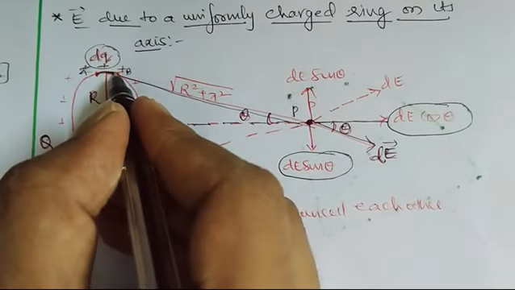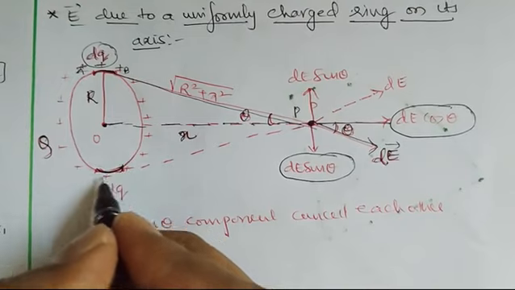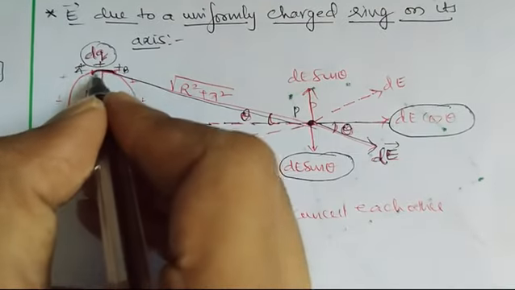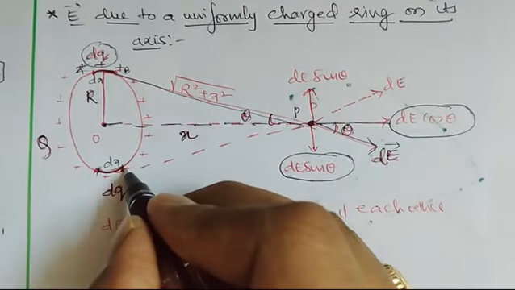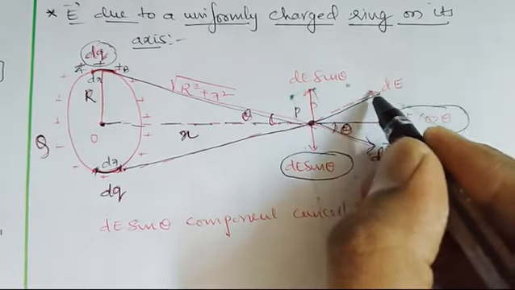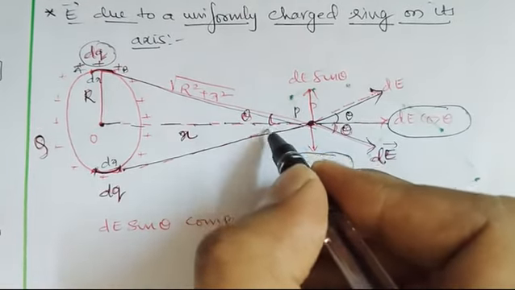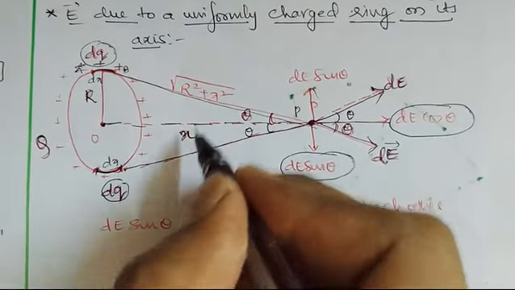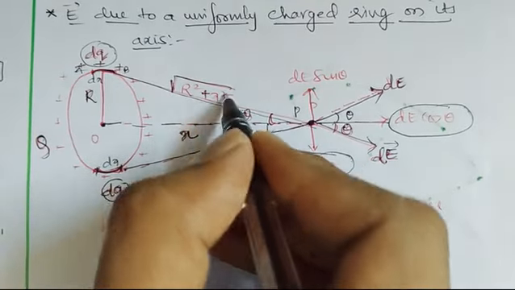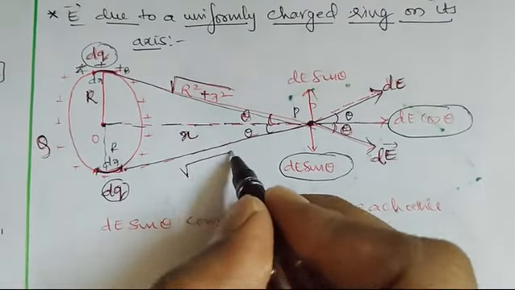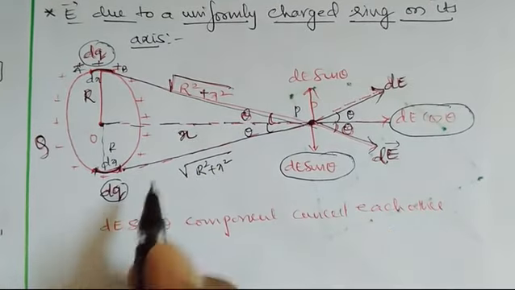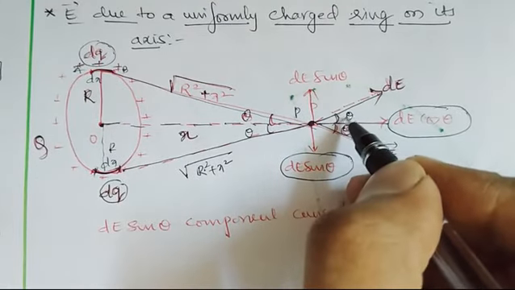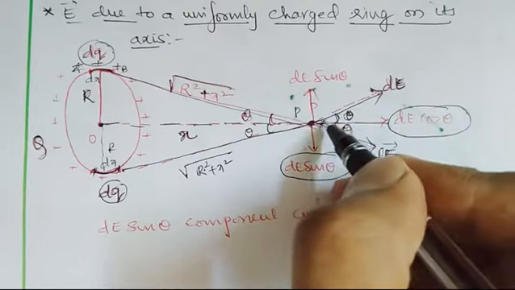Similarly, if I consider exactly opposite, another same size charge dq, this is also dx, this is also dx. Now it will also have an electric field in this direction which makes an angle of theta. Again, same charge. So this distance is under root R square plus x square. Now if you draw, this will also be R square plus x square. This length is the same, so the charge is the same, so this angle will be the same. So this dE will also act at point P.